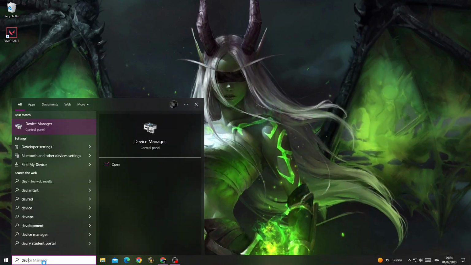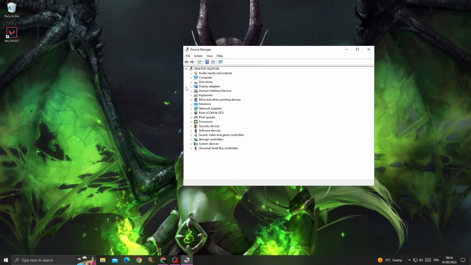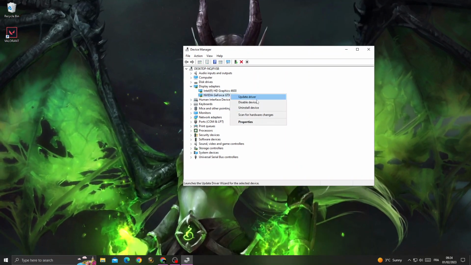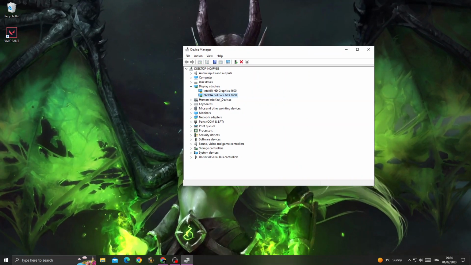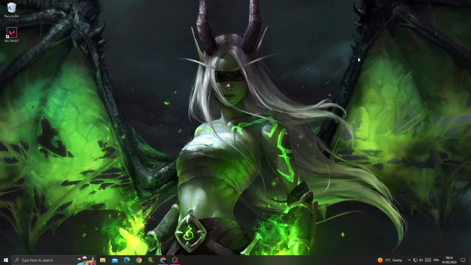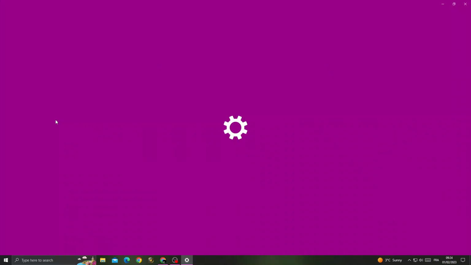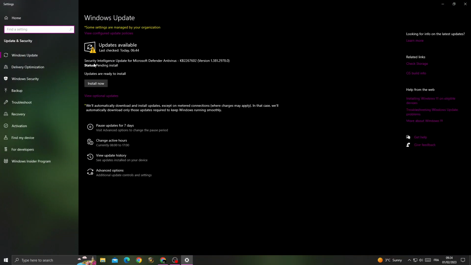Now type here device manager, go to display adapters and make sure to update your driver. Click update and click search automatically for updates, and that's it. And now just type here update and check for updates, and if you find any update, just update your